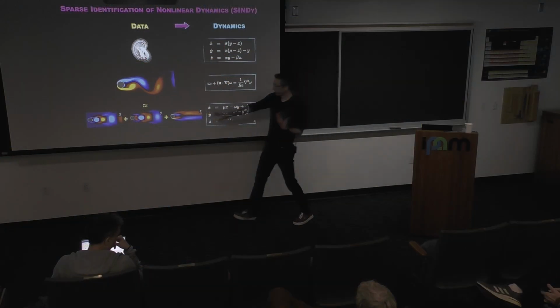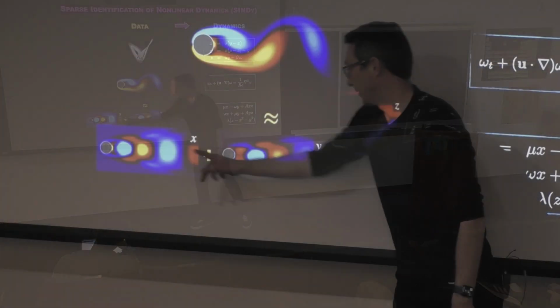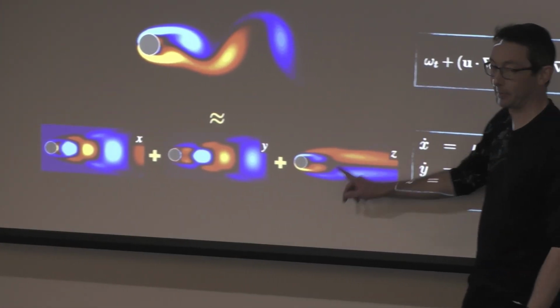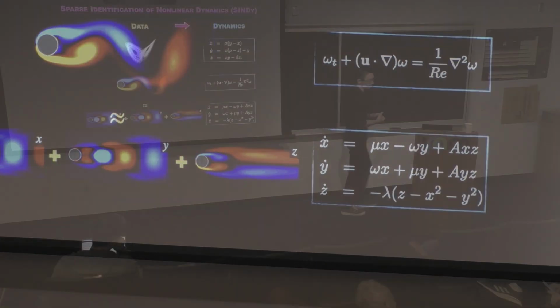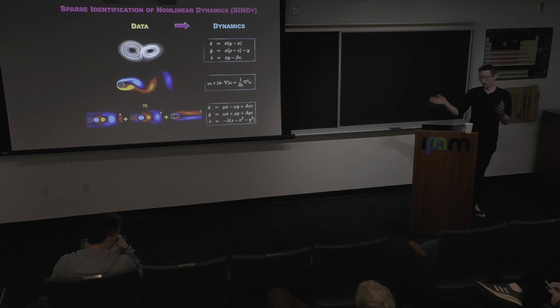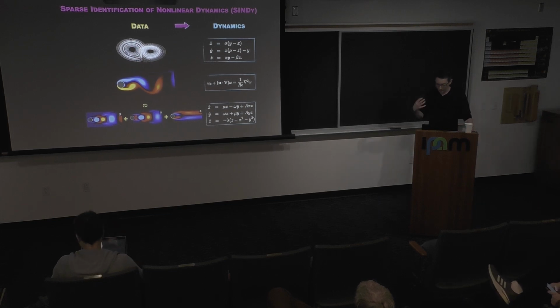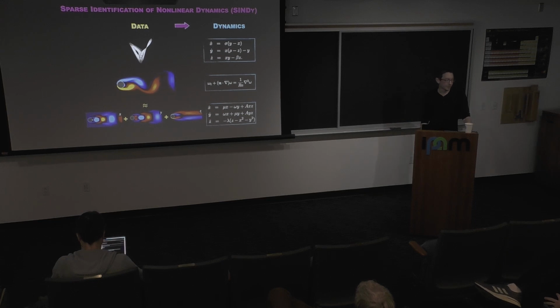For example, if I wanted to approximate this flow field, I would take X times this field plus Y times this field plus Z times this field, and if I added those up, I would get a pretty decent facsimile of this field. Each of those modes actually has symmetry properties. Yes. Thank you. There's a great book by Phil Holmes and others from the late 80s that talks about how symmetries in these modes relate to symmetries in the dynamical systems. We really haven't used any of that. We just hired a postdoc who is steeped in that literature, so we're hoping to build some of that in.